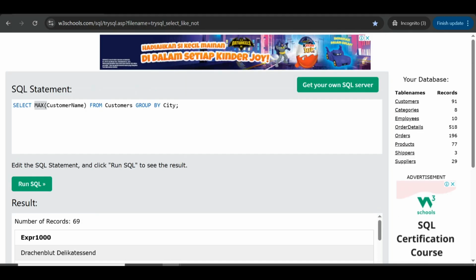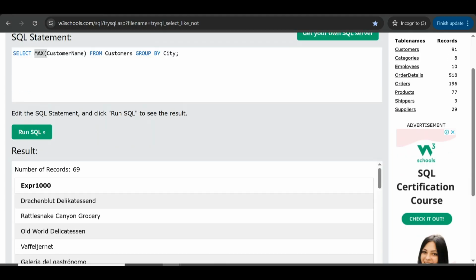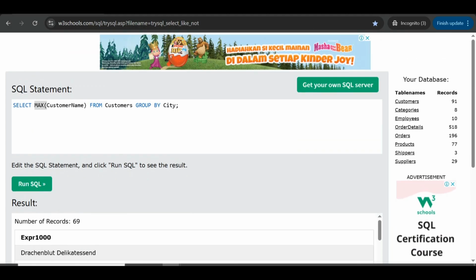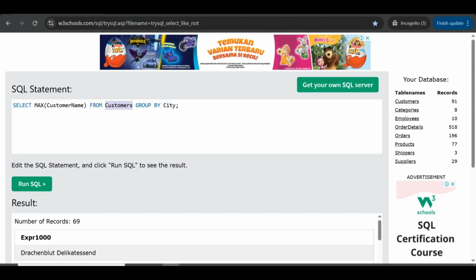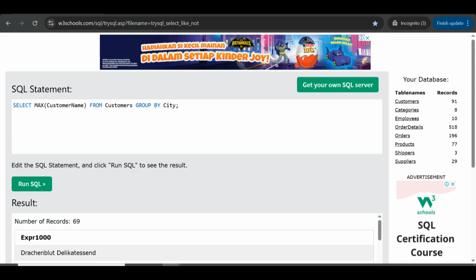The result is the max value of the group by the city column. Hopefully you understand.